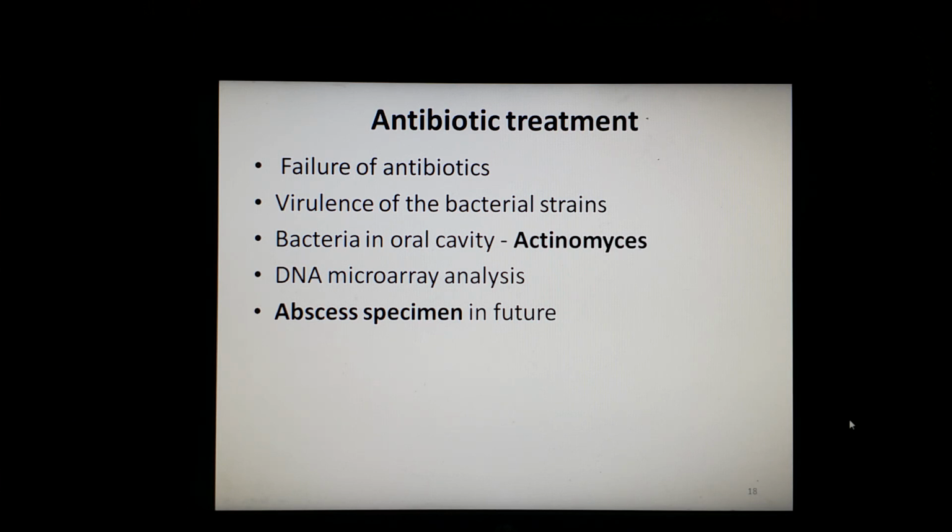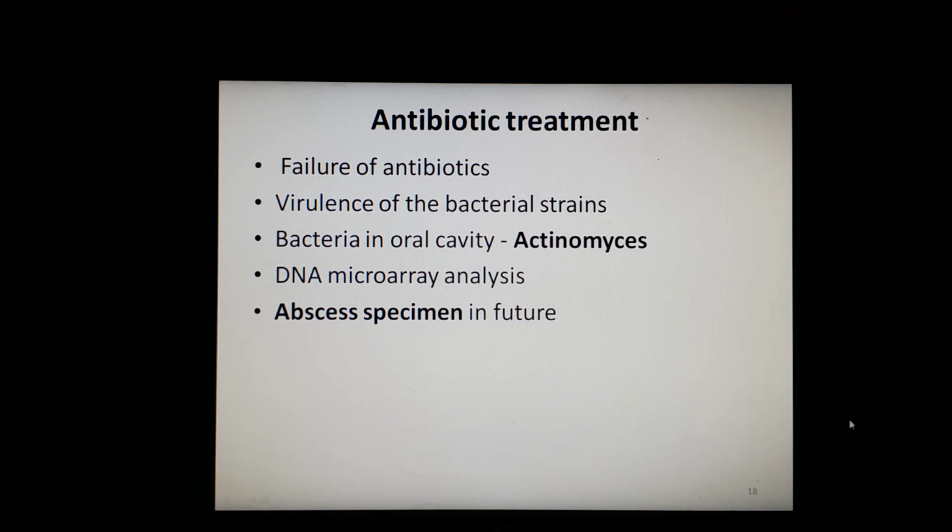So DNA microarray analysis works on bacterial genomic DNA, and it often outlines the viability of the bacteria, and the diagnosis can be made using a small amount of DNA as opposed to the large number of bacteria that are needed for culture. So basically, you will need only a small amount of bacterial genomic DNA for the analysis, as opposed to the large number of bacteria needed for culture.